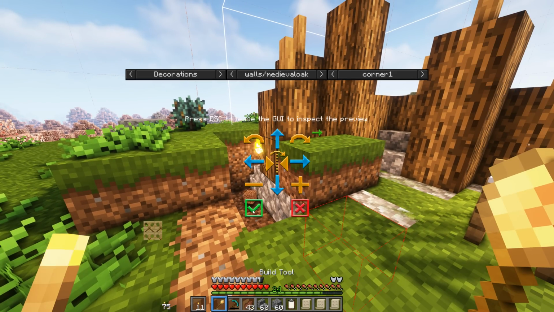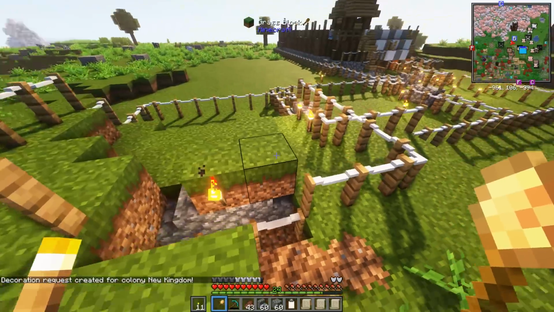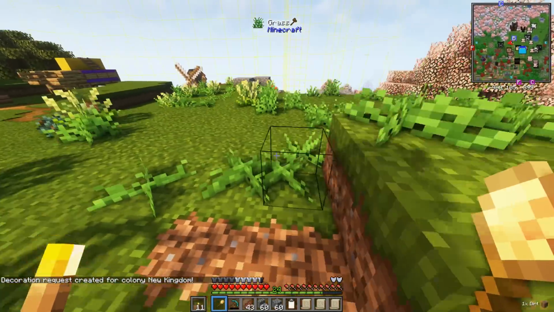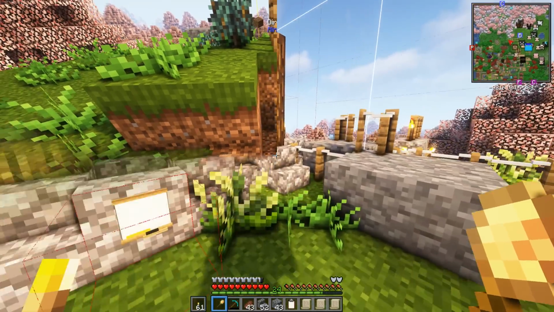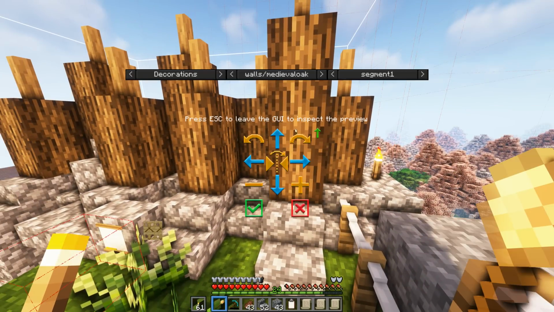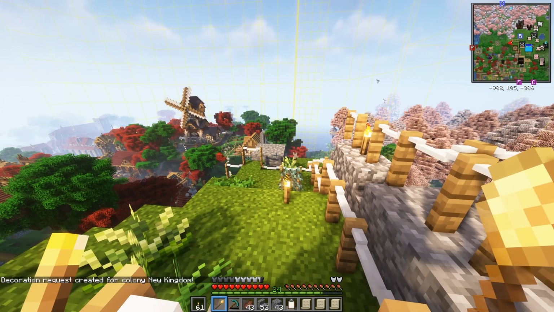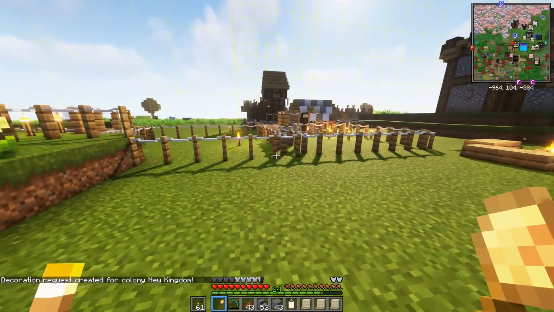So, build tool, build, Ginger, and we have the next piece set down and a template for where we're going to build the next bit. Amazing! So let's take it all the way to the edge. And there we go, that is the top section of wall complete. Well, not complete. The framework is down, and this looks pretty complicated, so let's just get a bird's eye view,